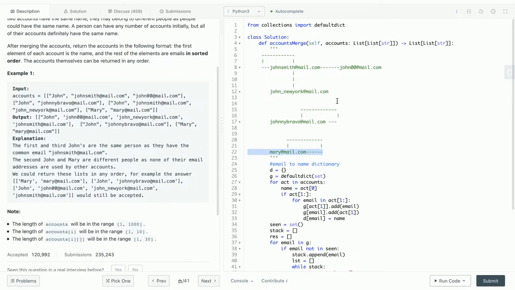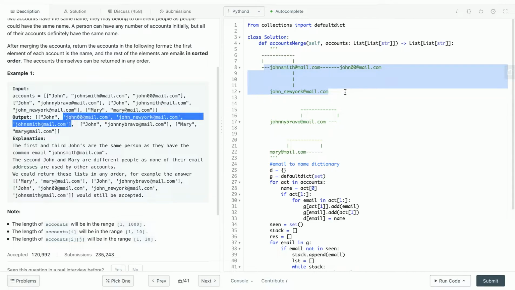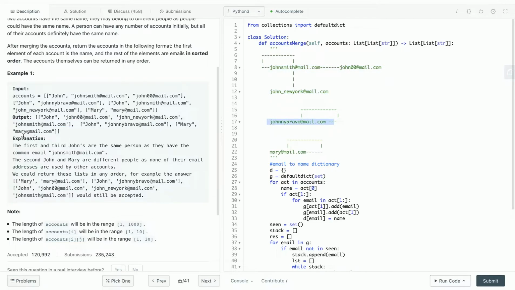So how does this graph help me for the output? Actually, you can see that we just have to output the connected components and sort them alphabetically, and append their name, of course. So this one connected component goes here, this one goes here, and this one goes here. Okay, so how can we get the connected components? We use